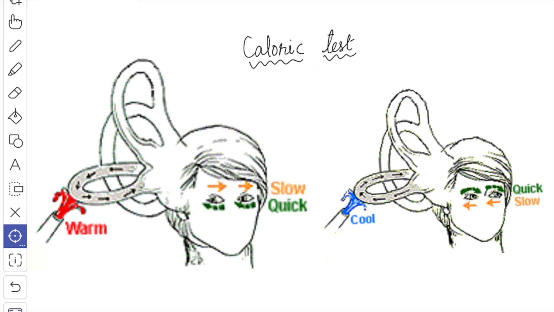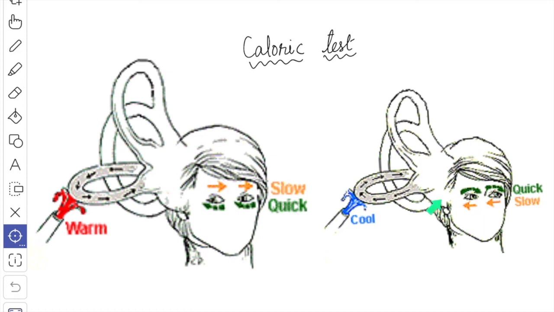This procedure has a distinct advantage of testing the pathway from each internal ear separately. The head is positioned so that the lateral semicircular duct is in a vertical plane and the external acoustic meatus is irrigated with warm or cold water. The ampulla of the duct is near the bone that is undergoing a change of temperature, and the endolymph rises or falls depending on whether it is warmed or cooled. This procedure causes a nystagmus with an intact vestibular pathway.